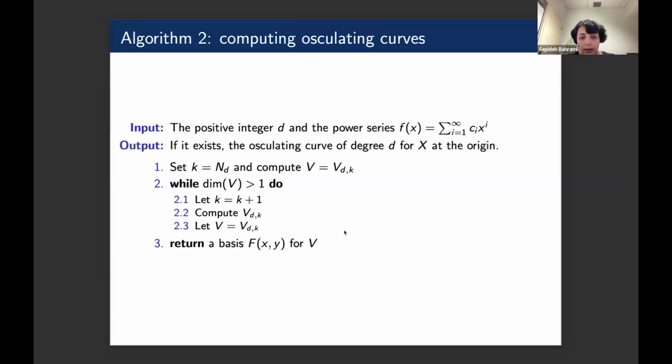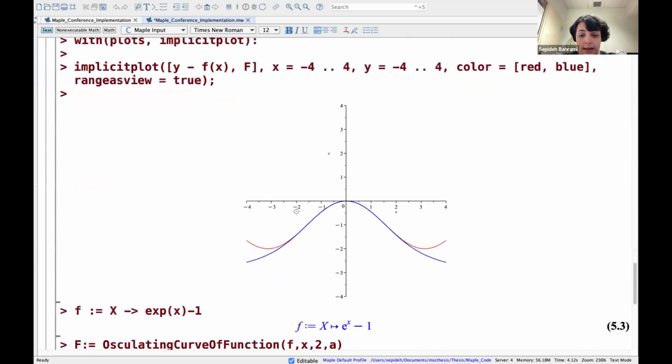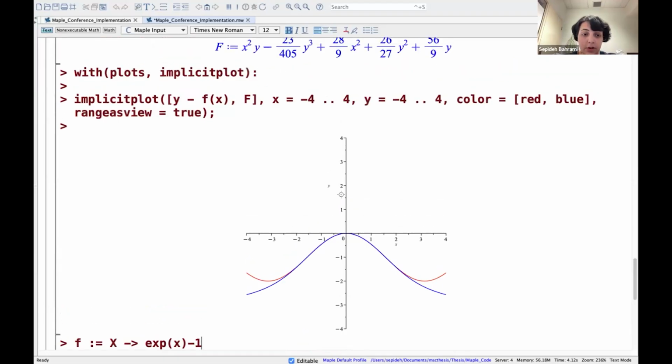Now let me show you some examples of the algorithms that we have written in Maple. Here we want to find the osculating curve with degree 3 for the function cosine x minus 1. As I run the code, we get the polynomial f with degree 3 and contact order 9. And if we plot it, we see that it's a good approximation with degree 3 for the function cosine